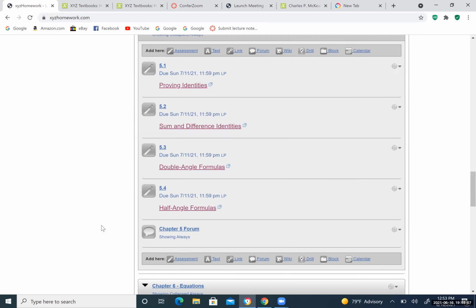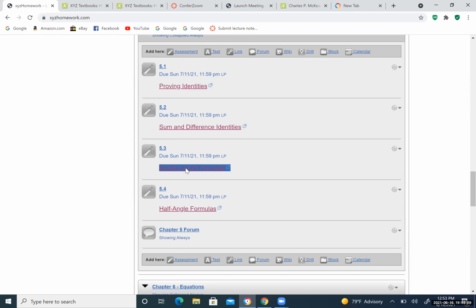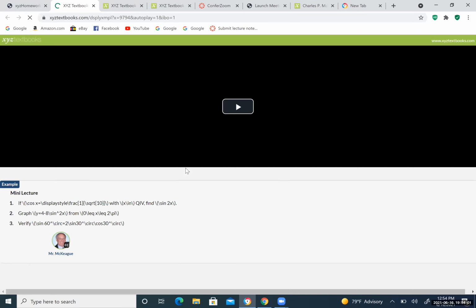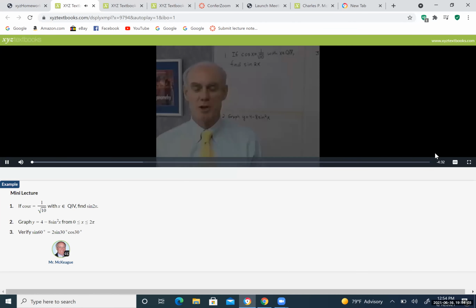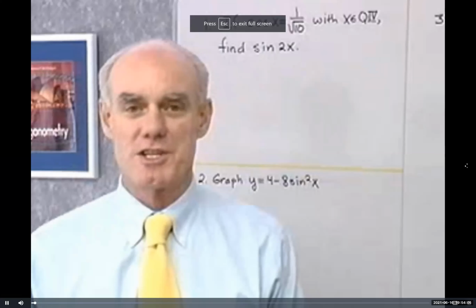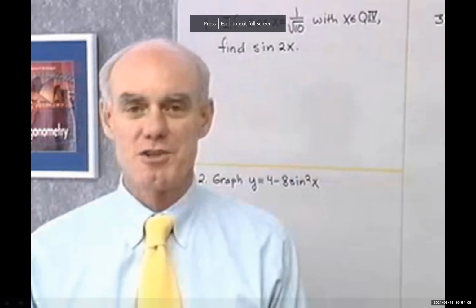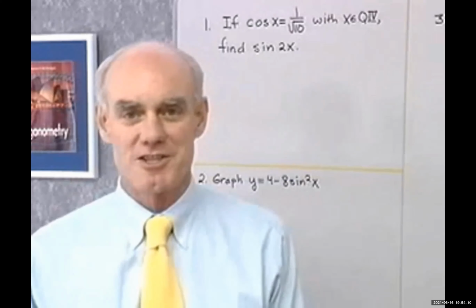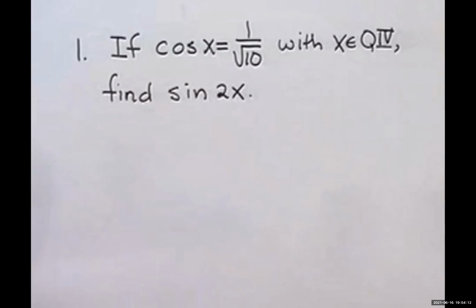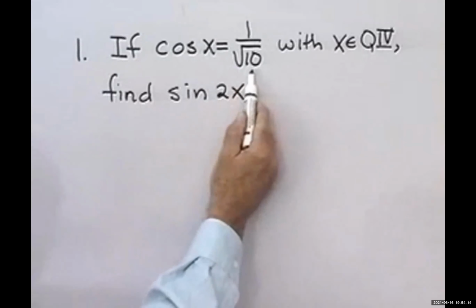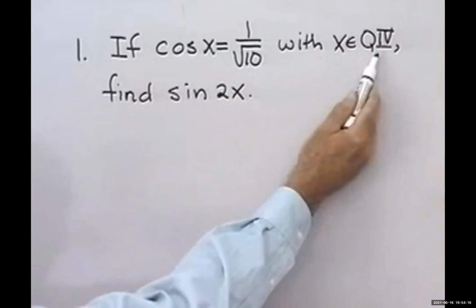5.3. Double angle formulas. Formulas for the sine of 2x, cosine 2x, tangent and cotangent 2x. Let's take a look at our first problem. If the cosine of x is 1 over square root 10 and x belongs to quadrant 4, can we find